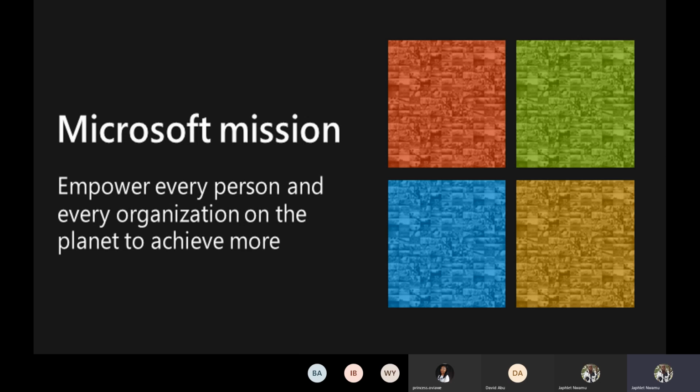The reason why I like starting with this is because in all of Microsoft's technology, this mission is evident. This mission is a powerful articulation of what Microsoft has always believed. Microsoft has always believed that everyone, when they are empowered with the right tools, can do anything.